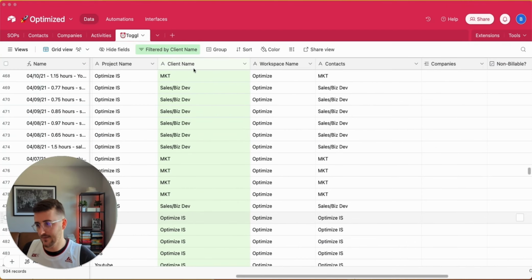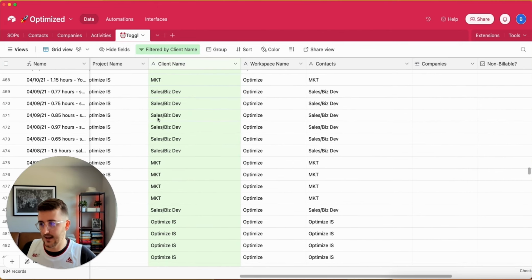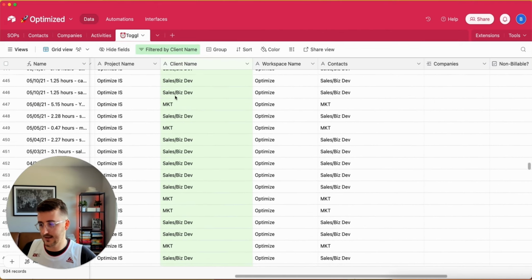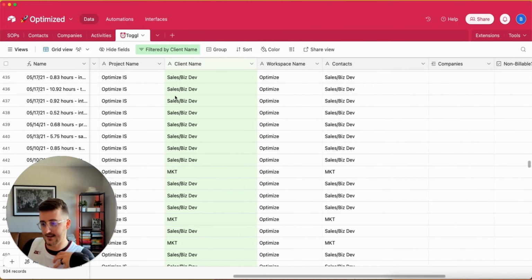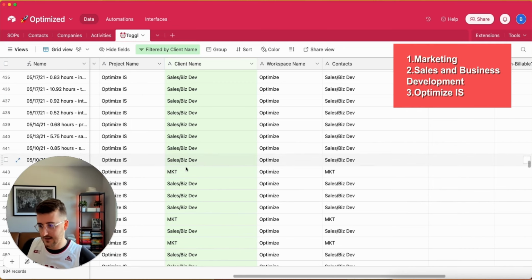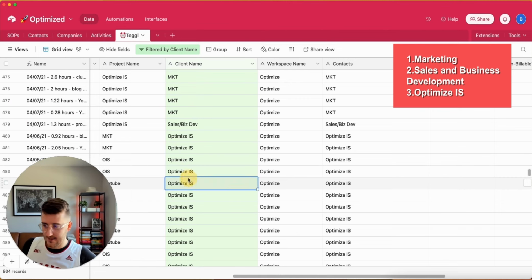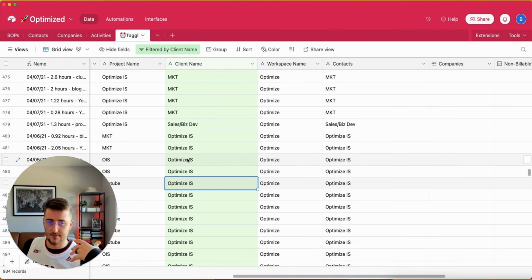In this example, we're going to be going through my CRM. So this is a CRM I'm rebuilding, but that's what we're going to be going through. So to start off, we have this record of time entries in this table called toggle. And basically, in this example, I have a few different things that I consider entities or companies just as test data here. There's 3 companies: marketing, sales, and business development, and OptimizeIS. And these are companies that I'm using as just test data. Normally these are client company names that I'm tracking time against. But these are just a few unique names that I want to find or create in the company table